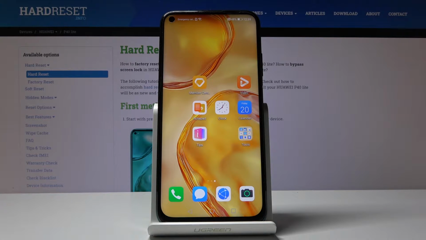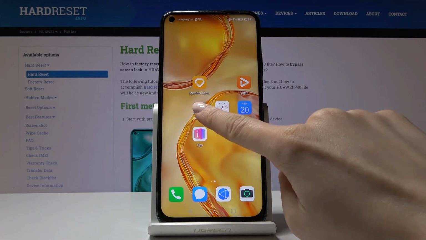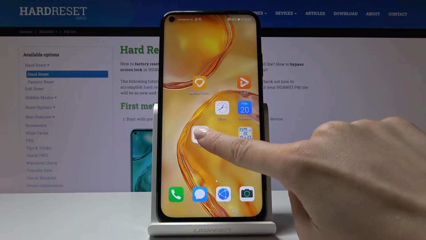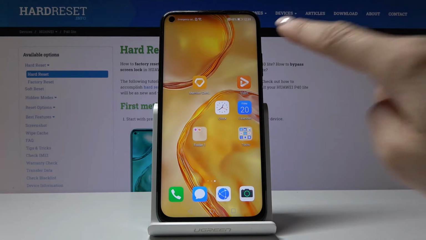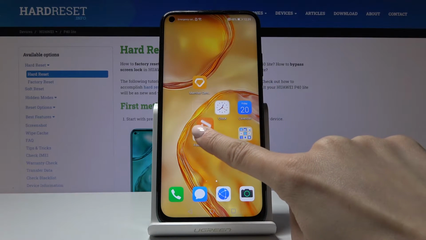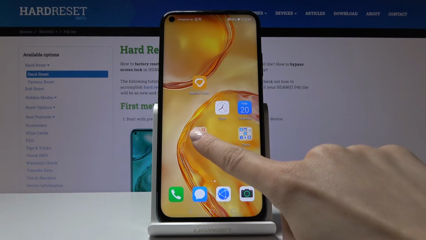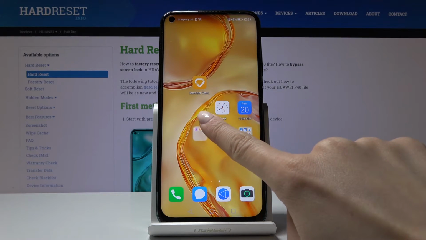For example, if you would like to have Notepad with Tips and, for example, with Video in one folder, just pick one of them and hold it for a while, slide it to the second one, and as you can see, we've just made a folder. Then we can take Video here as well, and if you would like to change the name, just hold it for a while,